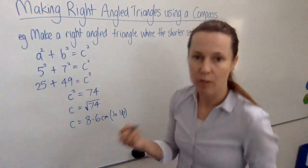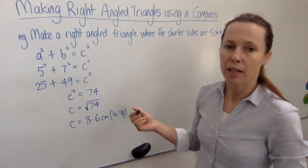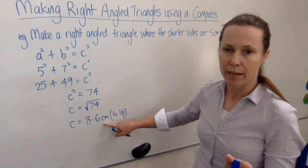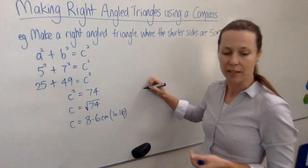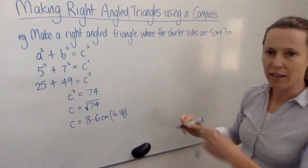Now, when it comes time to making this, you can choose which side to draw first. It really doesn't matter. I think it's probably easiest to draw the longest side first, but it would work out the same no matter what. Now I'm going to do this big this time so that you can see what I'm doing, but the downside is I don't have a whiteboard compass. So I'm going to use my arm as a compass, and we'll just sort of guess the measurements